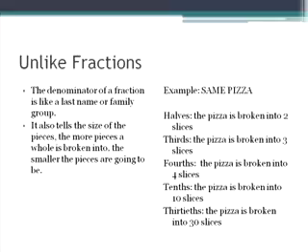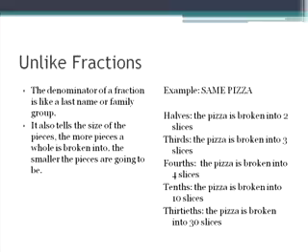When we have unlike fractions, it means that the denominator of the fraction is the last name or family group and tells the size of the pieces. The more pieces the whole is broken into, the smaller the pieces are going to be. For example, if you have the same size pizza, but they are divided into different amounts of slices, then you